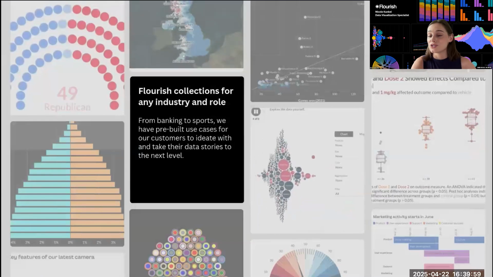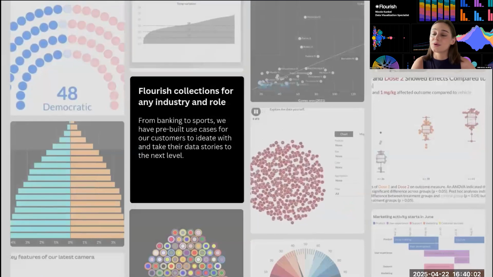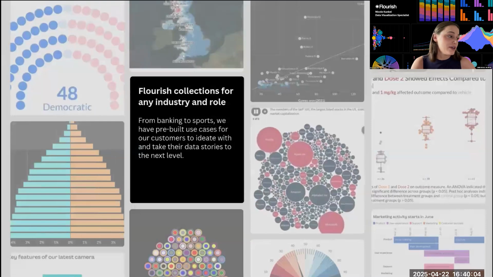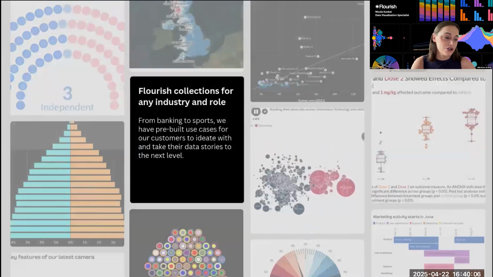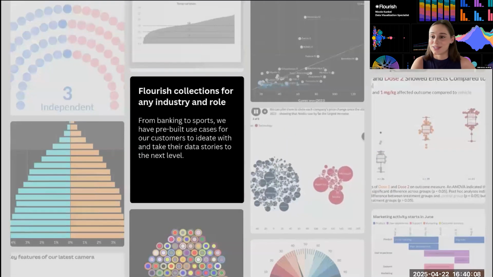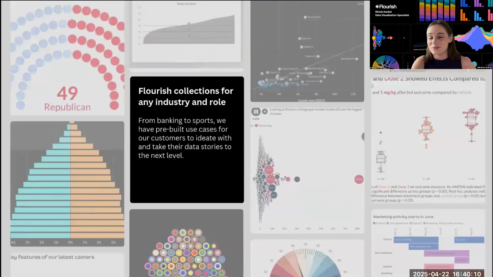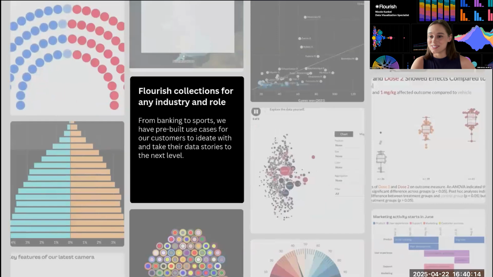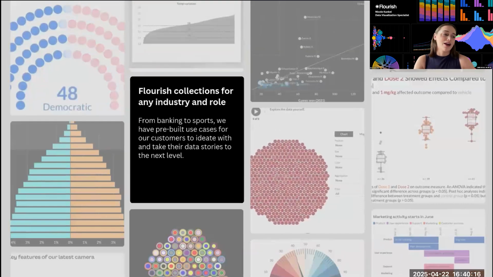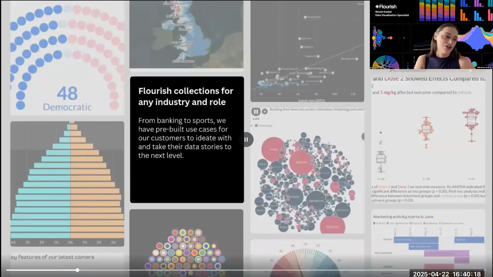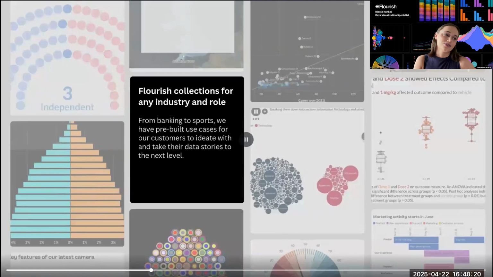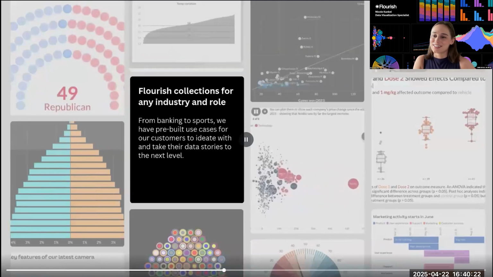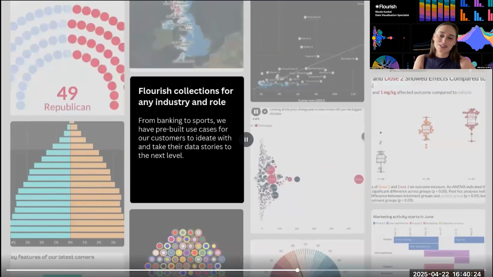We have some for financial services, for data analysts, so also by roles. If you are interested in something in particular, I would say we have so many that just please reach out to us. We have some for marketing, just really a broad range. So it just depends on what you are looking for. And we are happy to share out our inspo collections for our users.